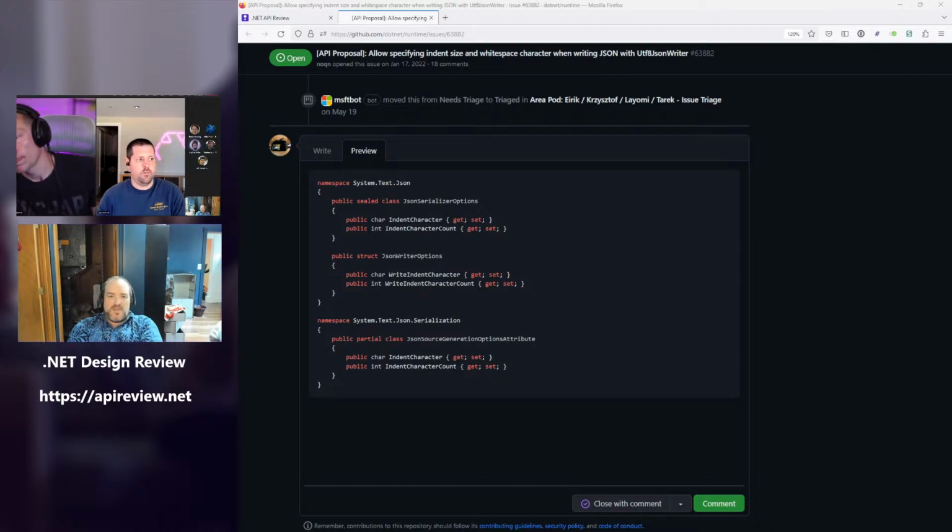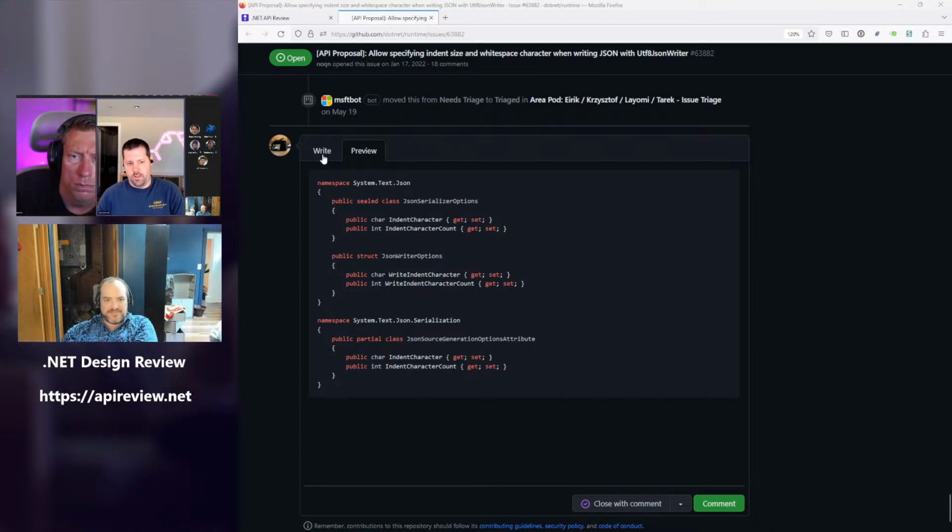I don't like prefixing it with right. That's my vote personally, but I see the point a little bit. I think most people will be able to find it pretty easily, and I don't think it adds too much value. Yeah, Chad actually points out that right indent character sounds more like a method name than a property name.